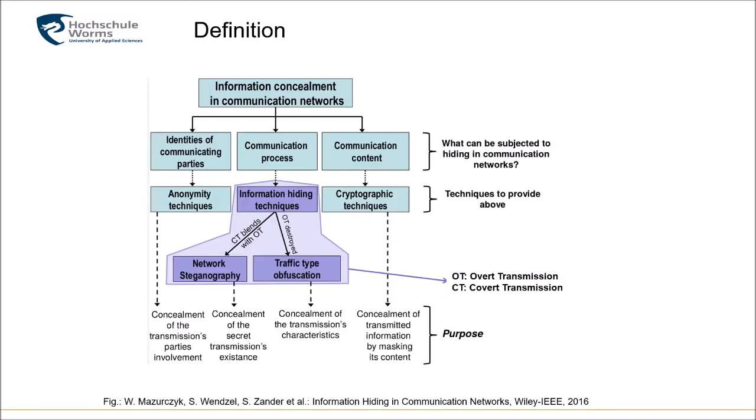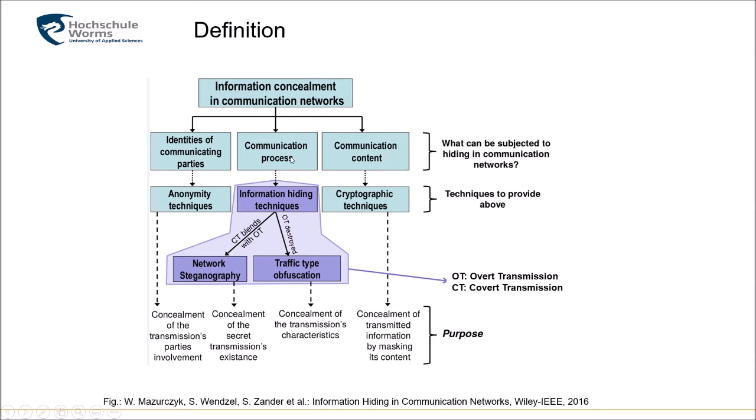So if we look at the following figure from our book, then it shows us different concealment methods in communication networks. One can conceal the identity of communicating parties, that would be anonymity. One can also conceal the content. Cryptographic techniques can do this. However, we want to hide the communication process because we deal with steganographic issues here, and this can be done